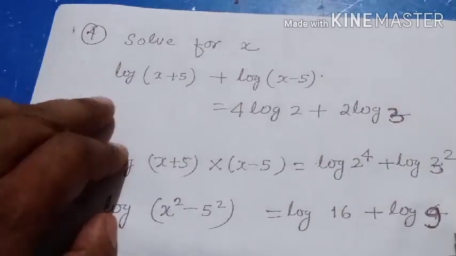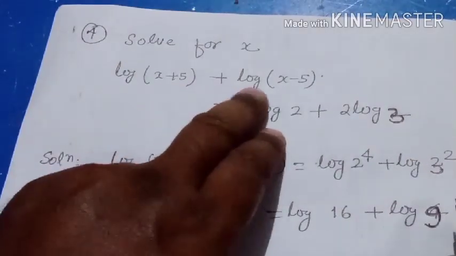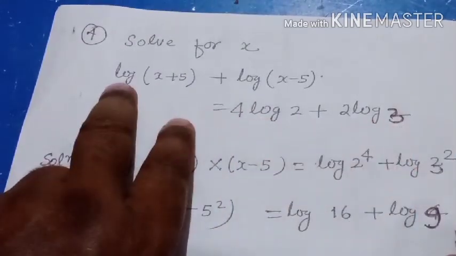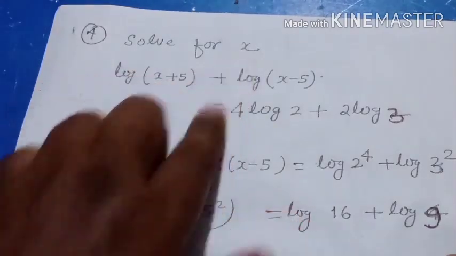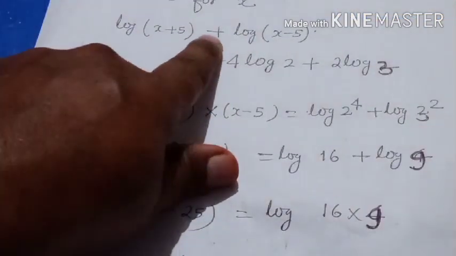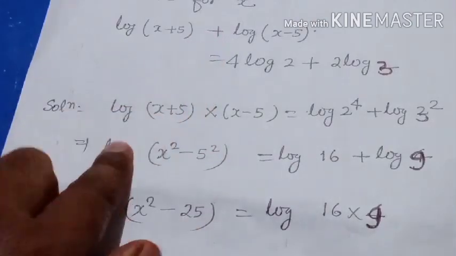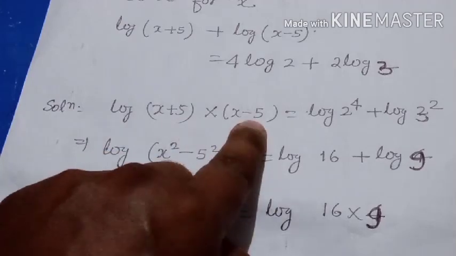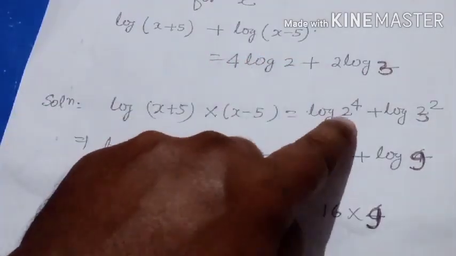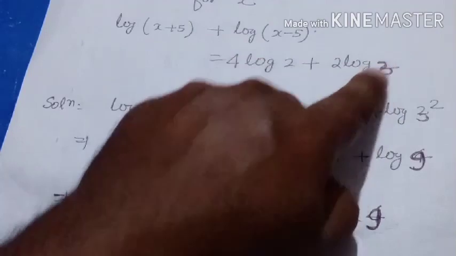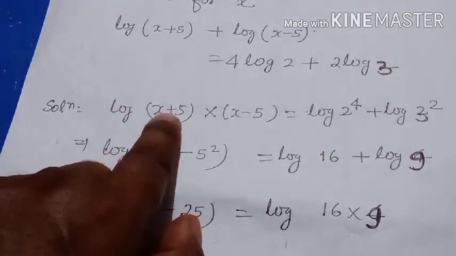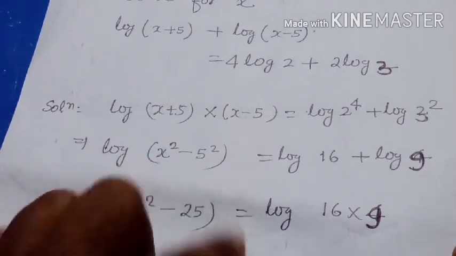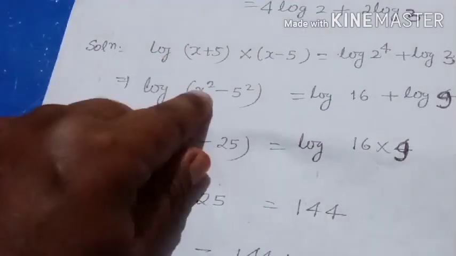Now another expression is, we are given log of x plus 5 plus log of x minus 5 is equal to 4 log 2 plus 2 log 3. The whole expression will be utilized to get the value of x. So what we are doing? We are following the laws of logarithm. When plus is there, then we are multiplying. So log of x plus 5 plus log of x minus 5 will become log of x plus 5 into x minus 5. This 4 will be shifting here, so log 2 to the power 4. This 2 is shifting here, so it is log 3 to the power 2. And when x plus 5 is multiplied by x minus 5, we'll follow the rule a plus b into a minus b is how much? a square minus b square. So it will be x square minus 5 square.